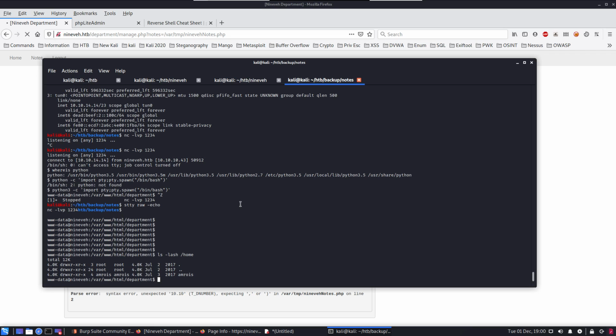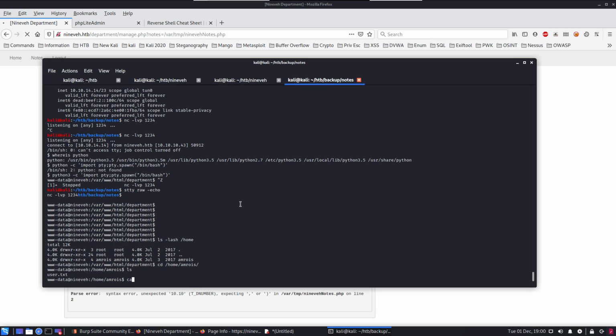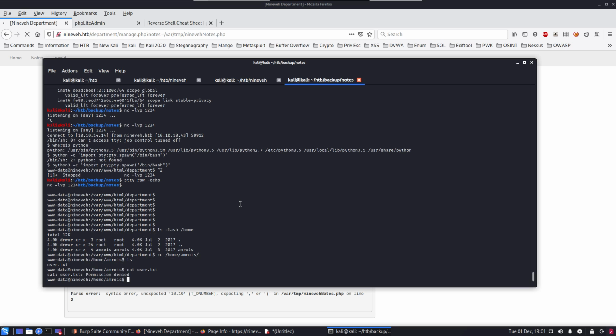We see Amrois there. We can try to go into that directory. We see the user flag, but we can't read it. Now, there's two methods to upgrade in this. We can go via the port knocking method. So, for example,